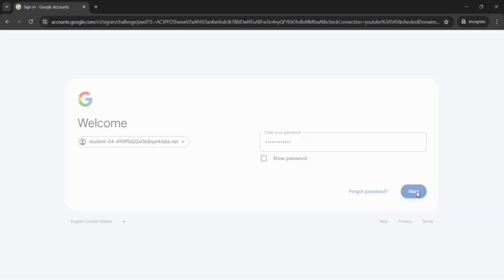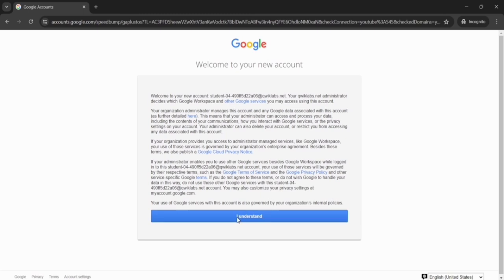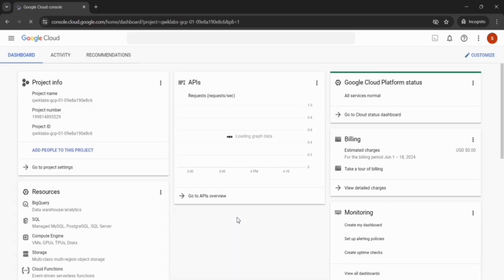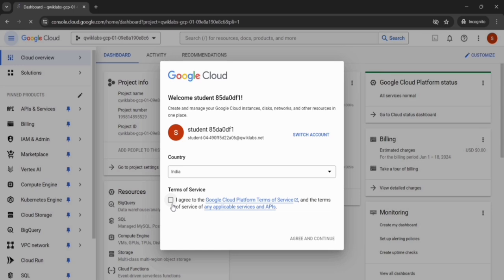Paste the password, then click on the next button. Now click on I understand. Tick the checkbox and click on agree and continue.